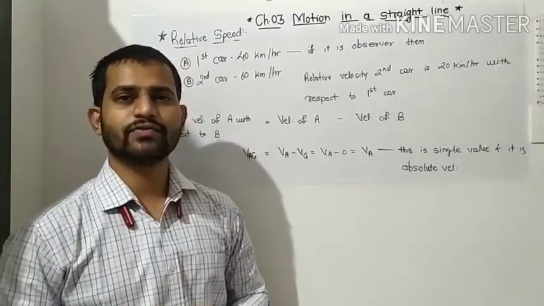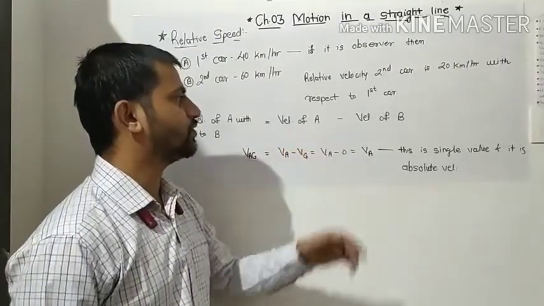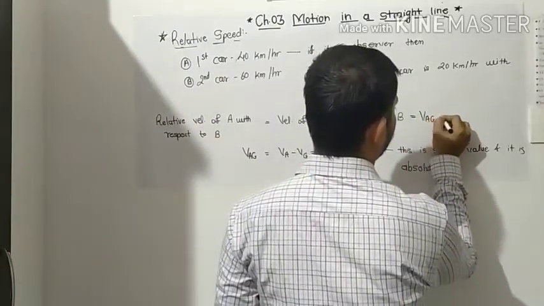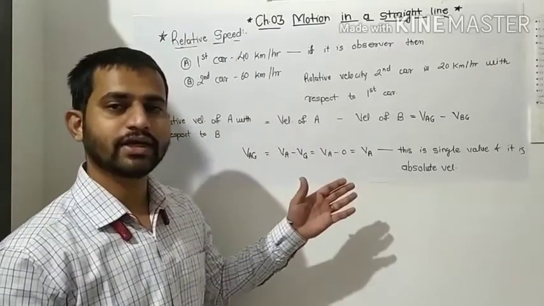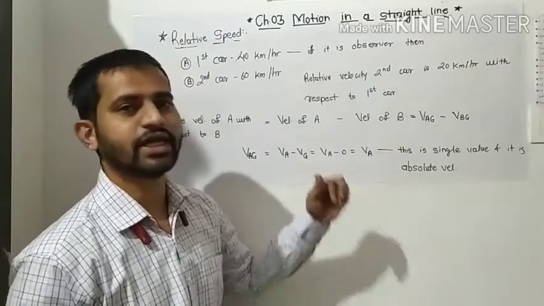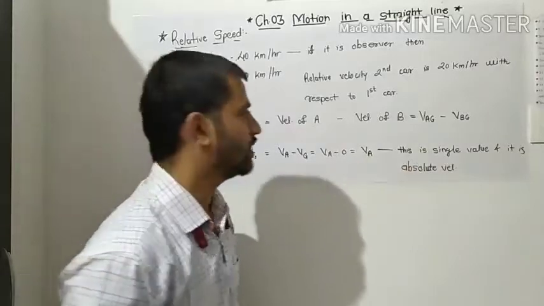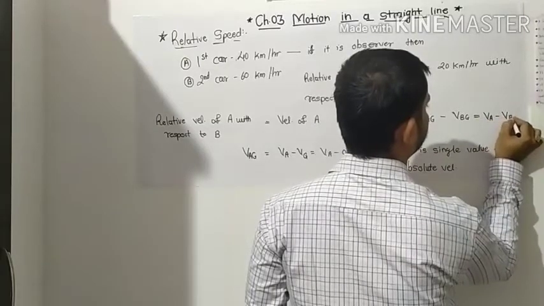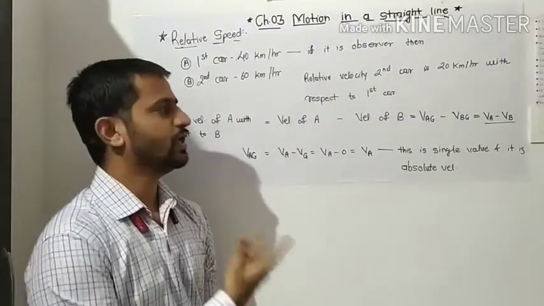So whenever we are considering the velocity of any body, suppose here also we have written that velocity of A minus velocity of B, then we can write it down as the VAG minus VBG. Okay, because whatever the velocity there, it is always with respect to ground. So instead of writing each and every time with respect to ground there, we can write directly as VA minus VB.